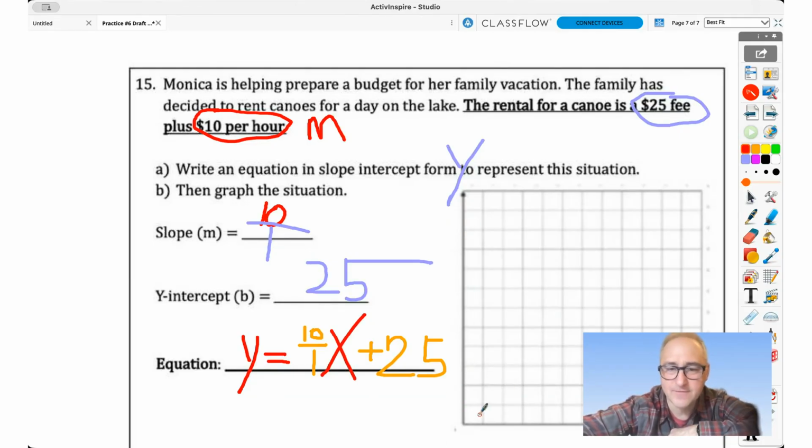Here we don't have 25 numbers, so maybe we go up 5. Call this 10, 15, 20, 25. So our first dot's here. We'll call that 25. So then to go up, we would go up 5,